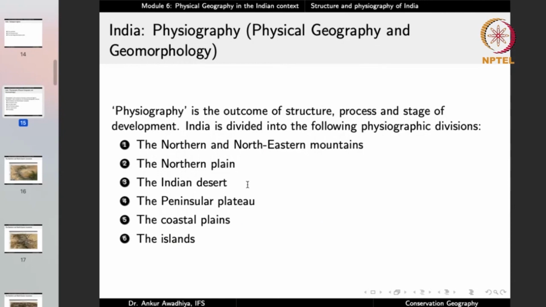Next we have the Indian desert. Now the Indian desert again is a very flat area full of sand, and it is a very dry area. And it is dry primarily because the hills of this area, the Aravalli hills, they are oriented in a southwest to northeast direction. So essentially, if these hills were oriented, say 90 degrees to their current orientation, they would have stopped the monsoons, because in our country, most of the monsoons in this region